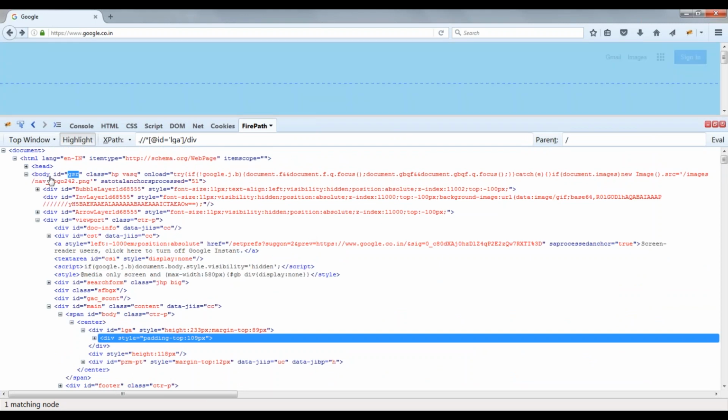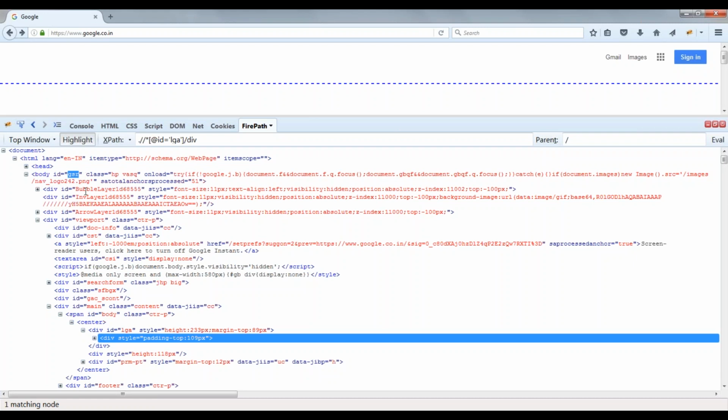Every web element will have some attributes, like ID, class, and a name for the element, and all those things. Most of the time they will be unique. If you have multiple elements with the same ID, then there are other ways of identifying it.